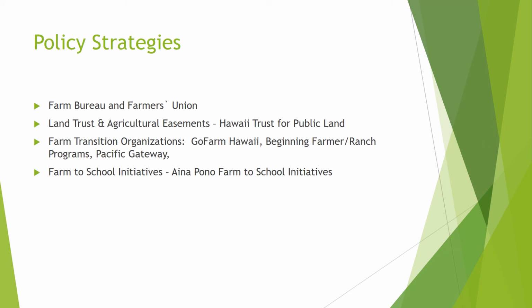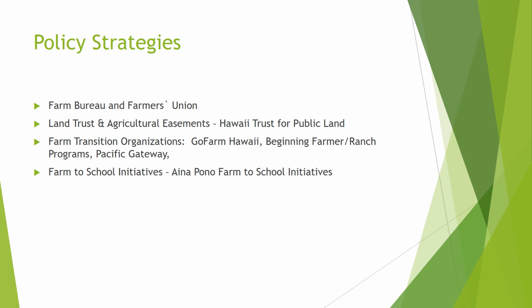Another way to support local farms is through policy strategies. So there are some large-scale agricultural associations, the American Farm Bureau Federation, National Farmers Union, and various crop-specific organizations that exert significant influence with regard to agricultural policy making. There are also farmer coalitions that advocate for policies that are more favorable for smaller scale and or minority-owned farms. These include the National Sustainable Agriculture Coalition, the National Family Farm Coalition, the Federation of Southern Cooperatives, and the Rural Coalition.